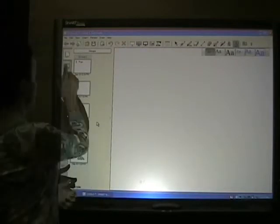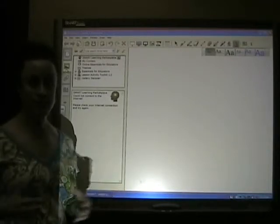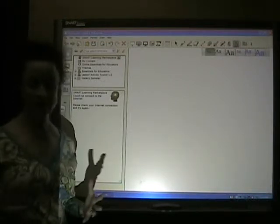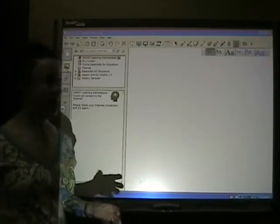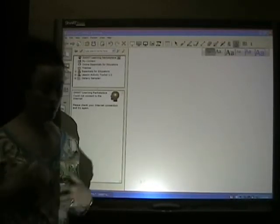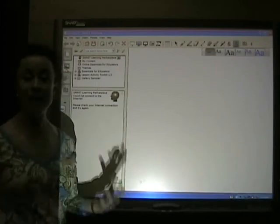The gallery tab in this particular function allows you to quickly develop and deliver lessons that are rich in graphic detail. Thousands of images, pages, videos, flash files, entire notebook files are organized here for educators to use. It helps you create attractive, reusable lessons that get the students' attention, get them excited, get them up there working. Lots of things for you to